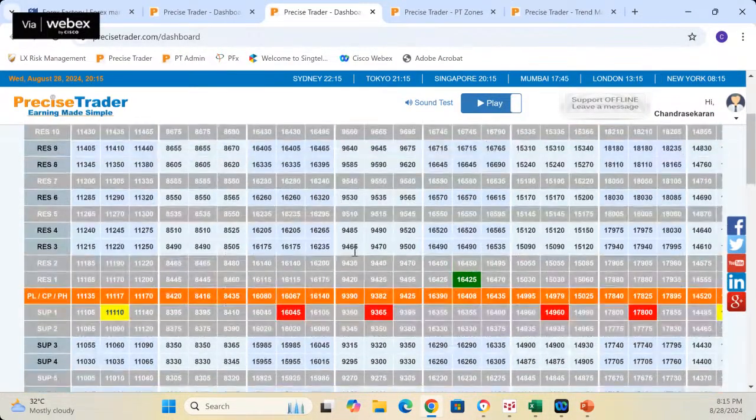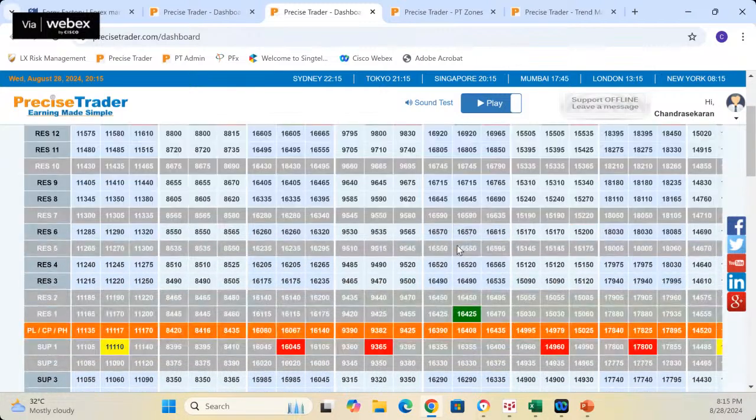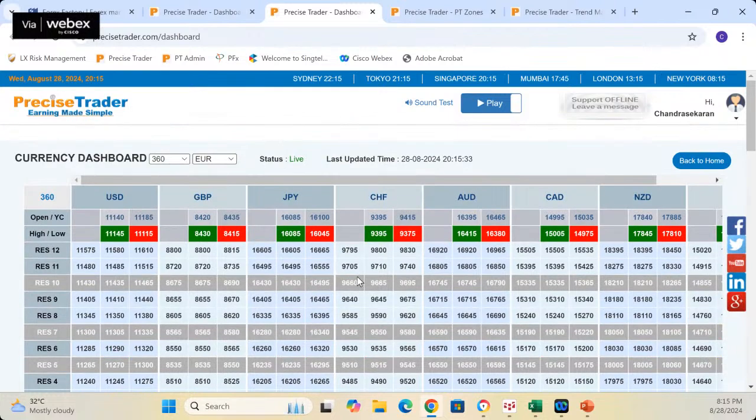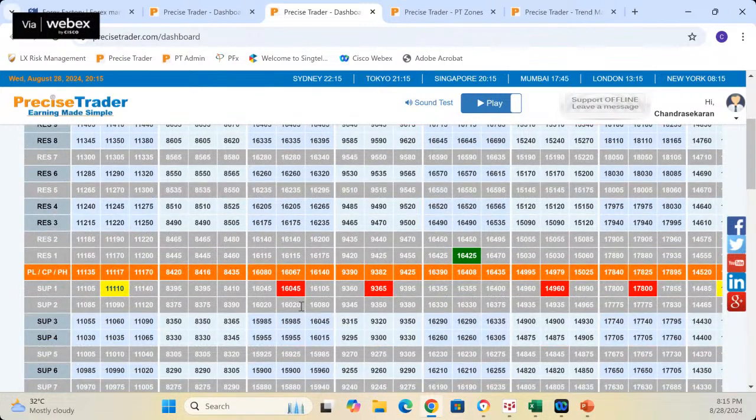Okay, so the euro yen current high is 160.85, and right now the market is trading at 67, and the low was 60.45, which is here, and I would definitely want to exit before 160.25. So that means we have about a 40 pips move on this. Okay, about a 40 pips move, and we have about